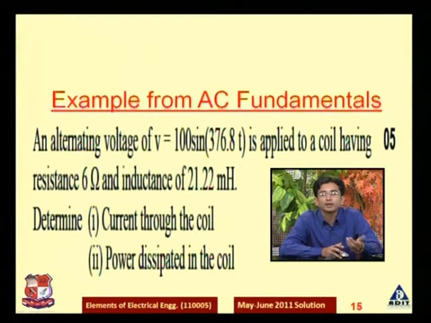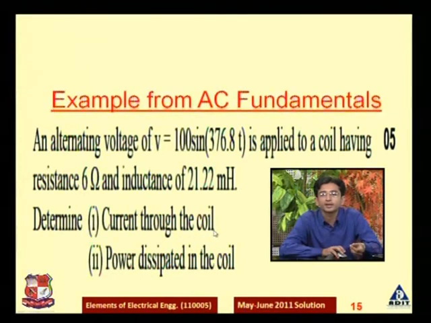So you might be knowing the equation of an RL circuit. See, it is now AC circuits. So to find out the current, you should be knowing what is the impedance. But before knowing the impedance, you should also know the inductive reactance. So first of all, we will calculate XL and then we will calculate the impedance of the circuit. Based on that, we can find out how much current is to be passed through the coil.